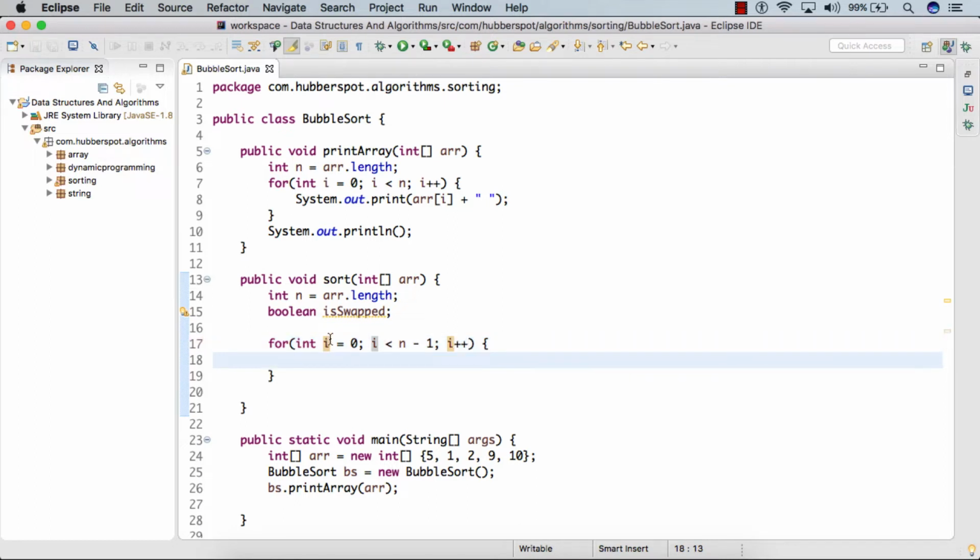And also, we discussed that the value of i will control the inner for loop, because as we are comparing the adjacent elements, we need to stop at a point where we don't want to compare further. So at the start of any iteration, we provide a value false to the swapped variable.